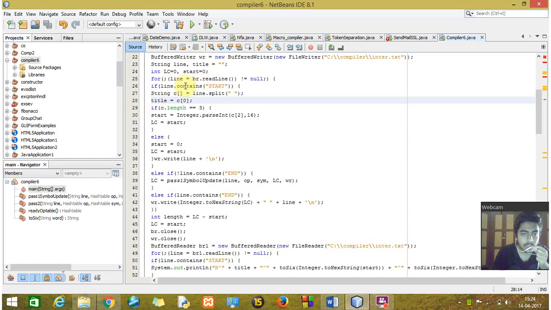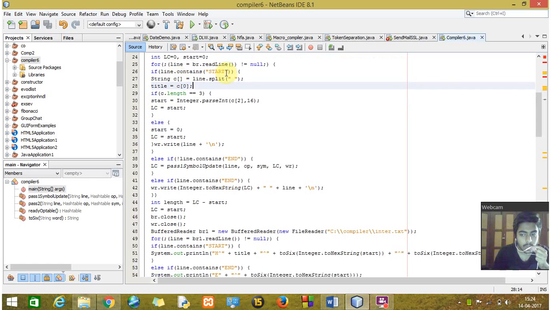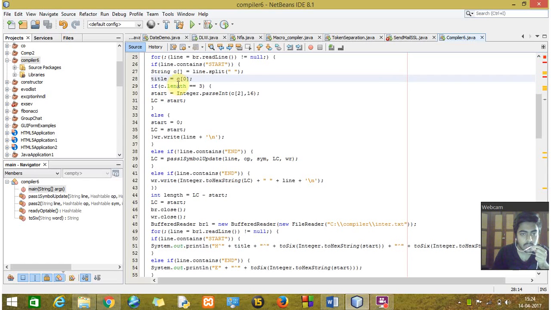I am checking if the line contains start. If the particular line contains start, then I will split it and store it in the array C. In the first index of the array, I'm storing the title. For example, the first title is start. As you know, the first record in the object program has start and then the starting address. So I will store it into the start title variable, and I will initialize c.length is equal to 0, and